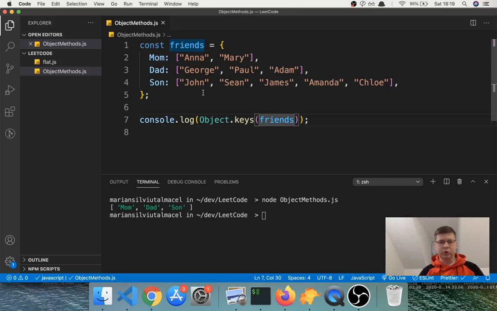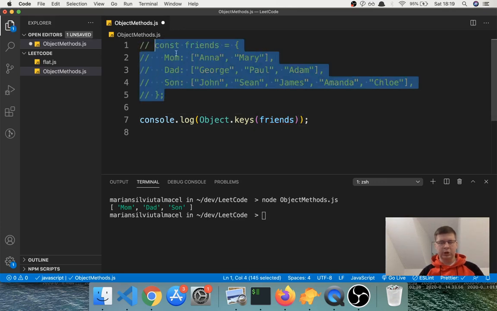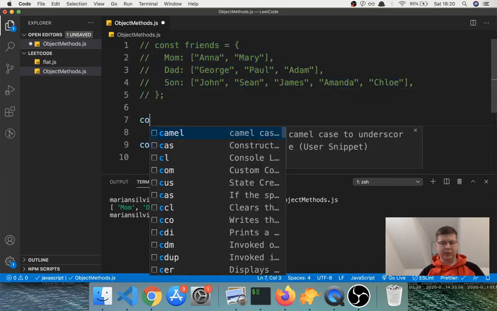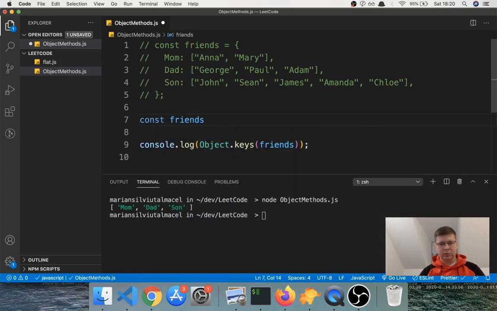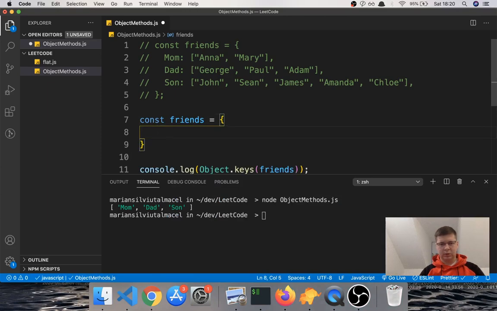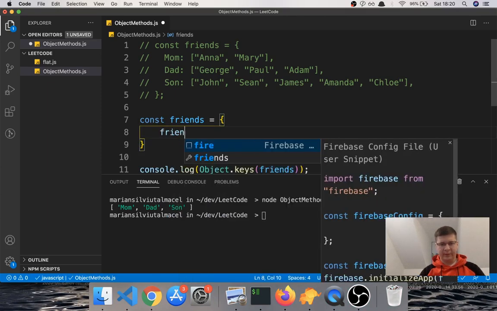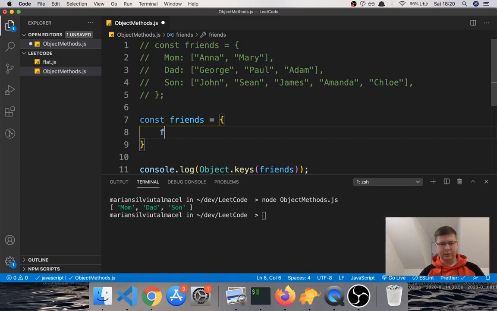Now it's important to know that this only gets the level 1 properties, so the direct properties. If you have an object like this, and you have inside friends, I will say other friends,